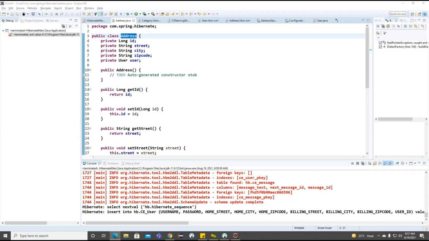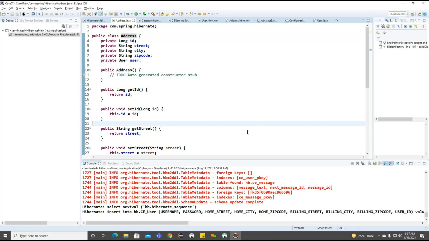Once we are familiar with the table per hierarchy inheritance concepts, we can go for the mapping related information, called association, like one to one, one to many, many to one, or many to many. This we are going to work on after completion of the inheritance. Once we complete the association, we'll focus on the life cycle of the objects. Getting the point? So how this life cycle of objects is stored in our session, we are going to discuss in tomorrow's session.